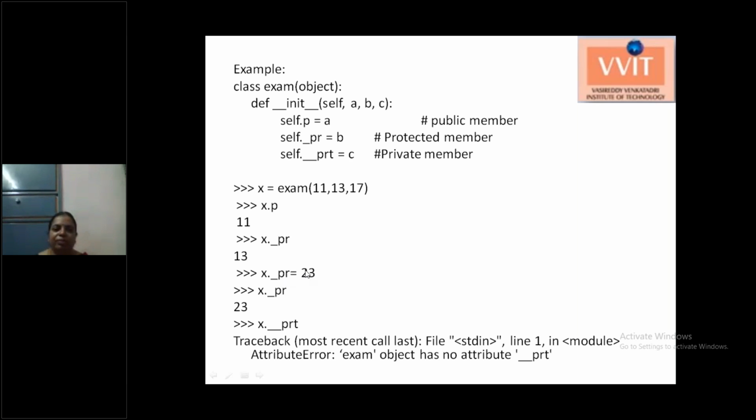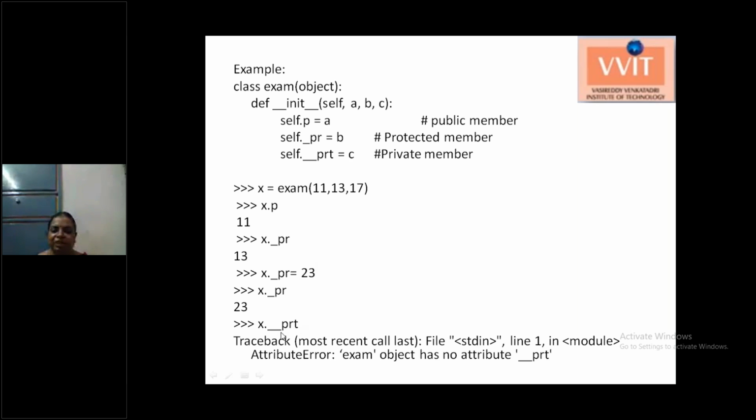Because the environment where you are using these variables is also treated as related to this class, and the remaining part of the program is also treated as related parts, so you are able to access this protected member.